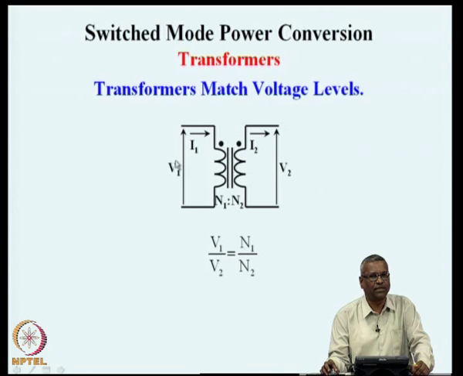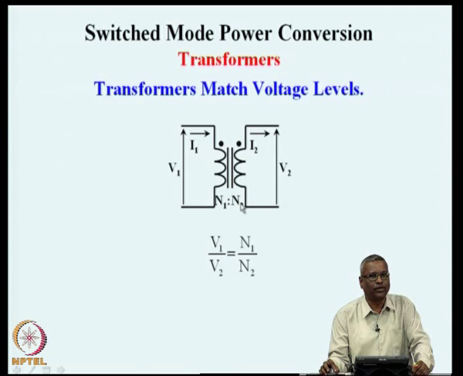In this case, we call V1 the primary, and excitation is from V1, and a secondary voltage is induced on the secondary winding, which is V2. A load can be connected across V2, and an I2 will flow through the load, and energy can transfer from this part of the circuit to that part of the circuit without having electrical connection in between. And we can transform the voltage levels by simply changing the ratio of N1 and N2.